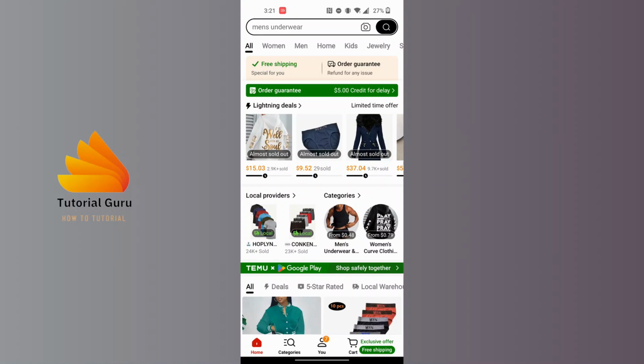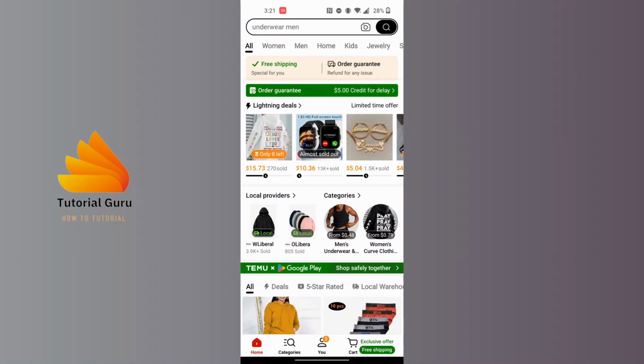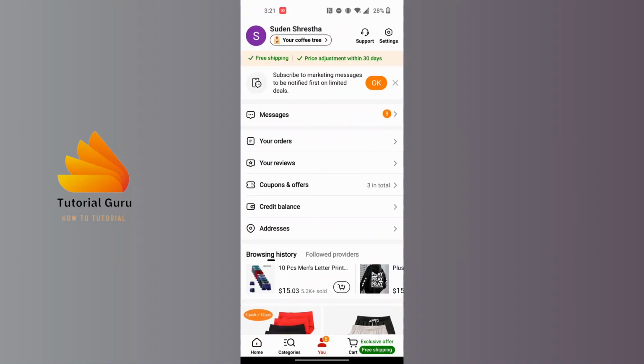And after opening the Temu app, guys, on the interface at the bottom of the screen you can see a bunch of icons available for us, and on the bottom middle section there is a U button available for us. Tap on the U button at the bottom middle section of the screen, and when you land over here, guys,